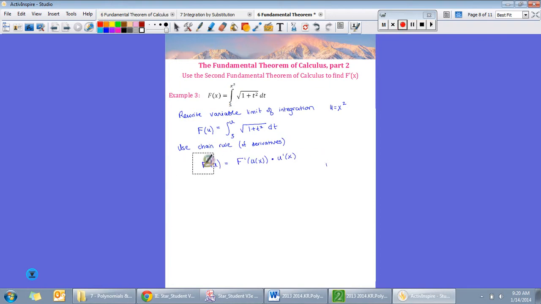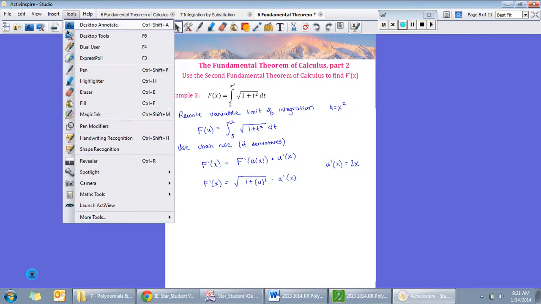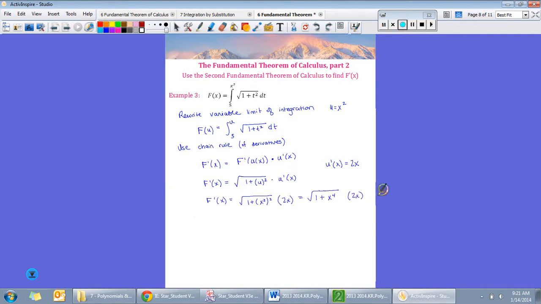So we already know that when you take the derivative of a chain rule problem, you can do F prime of u of x times u prime of x. And if u is x squared, then the derivative of u is going to be 2x. So when we go to do our derivative, it is going to be the integrand 1 plus u squared, just changing the t to u, and then multiplying by u prime of x. Now we're going to plug in what u and u prime are. So plug in the x squared here, 2x here, and we're going to get 1 plus x to the 4th